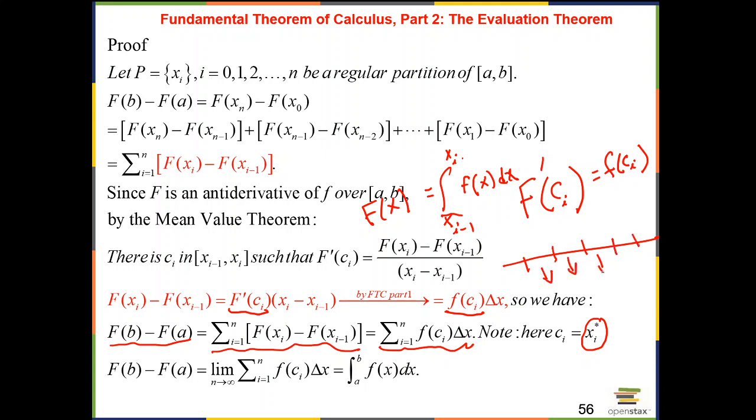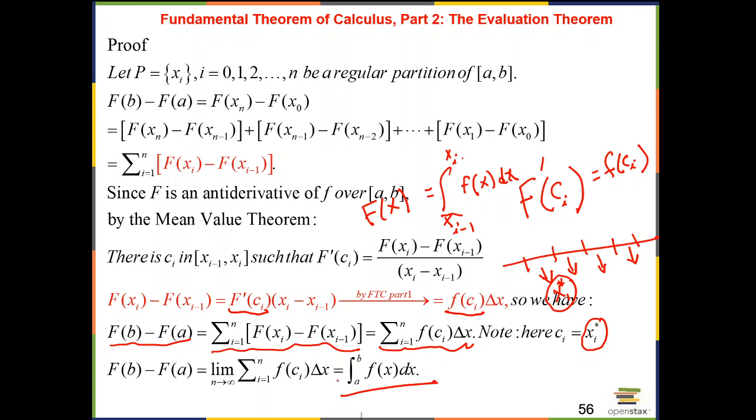Remember, in order to do a definite integral, we had Riemann sums. We have to take a number in each partition, right? And we called it x star sub 1, and then the next one would be x star sub 2, and so forth. You can think of the Ci's as what? X stars. So basically, if you let n go to infinity now, take the limit of it, we get